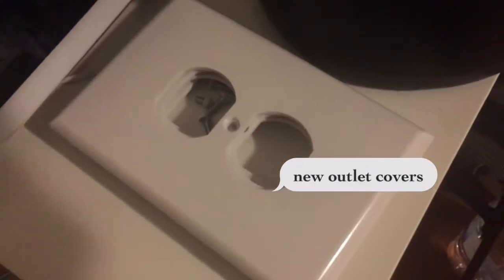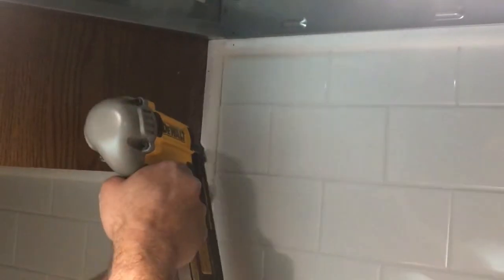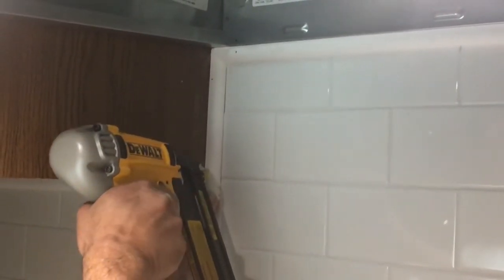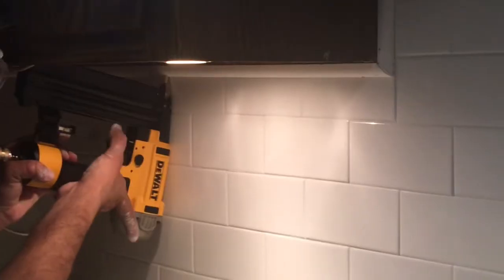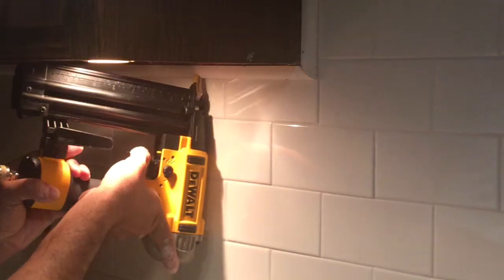Now we are cutting little trims around areas that have spaces in between, so tiles that aren't fully touching the cabinet. We just put the trims around there. I think it adds a very polished look to it. It just looks a little bit more modern, and we went with 45 angles to make it